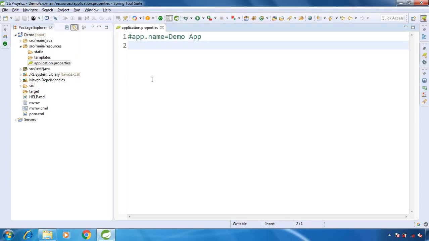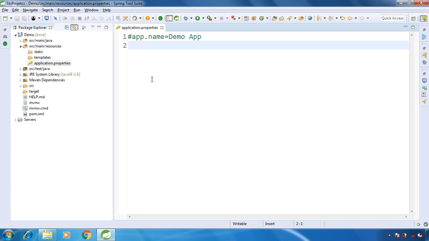Hello and welcome back. In this lecture, we will see how to change the port on which our Spring Boot application will run. We know that by default, our Spring Boot application runs on port 8080. Say, for example, you want to change the port. It may be because on the server where you want to deploy your Spring Boot application, another application or service is already running on port 8080. So in this lecture, we will see different ways to change the port on which our Spring Boot application will run.